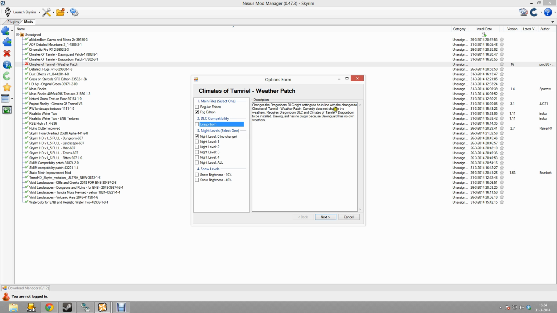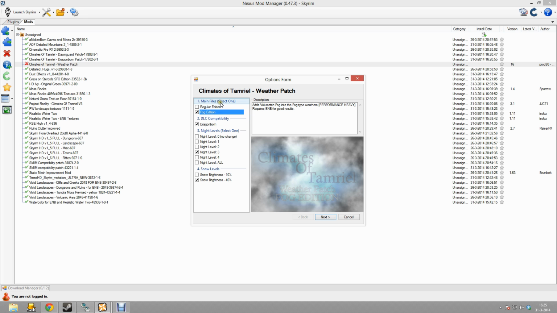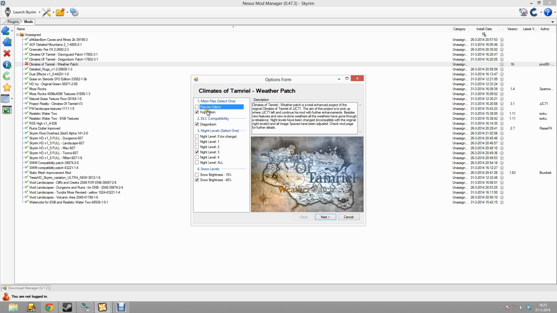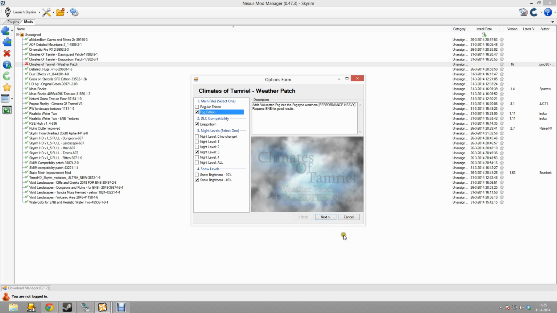DLC compatibility for Dragonborn, so select it if you have it. I do have the Legendary, so Dragonborn. And for night level, select night level 3. For snow brightness, I would prefer to select snow brightness 40%, just the same as SkyrimTuner also recommends, or at least I thought he did. So 40%, night level 3, Dragonborn if you have Dragonborn or the Legendary Edition, and Fog Edition if you got a good computer, or else if you're not really sure, then you can just select the regular edition. So these are my settings, and click on next,